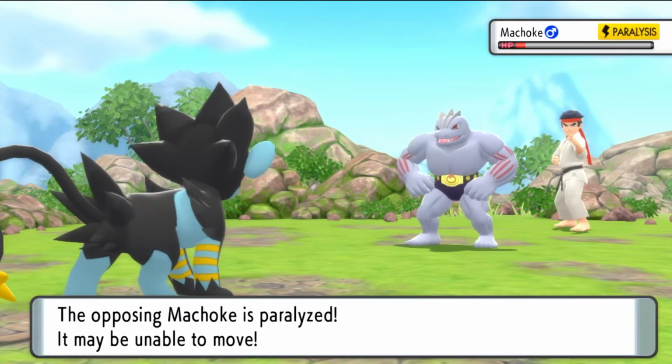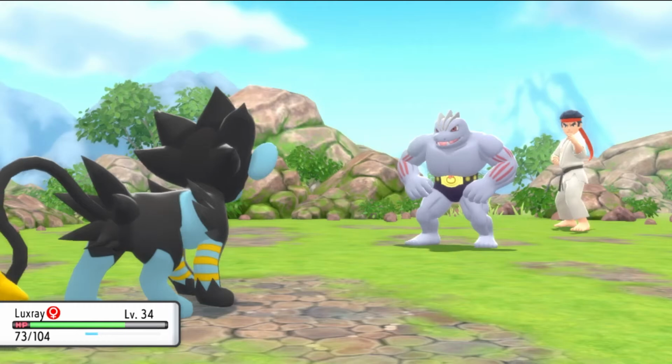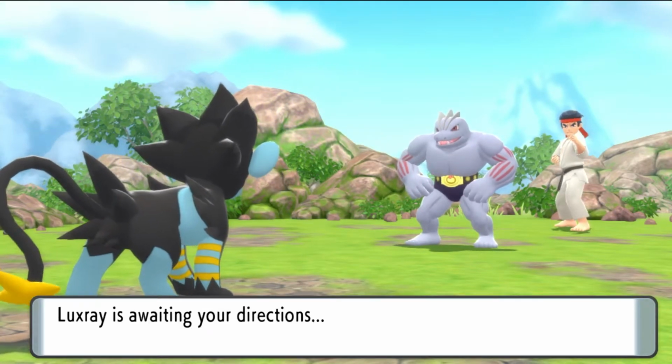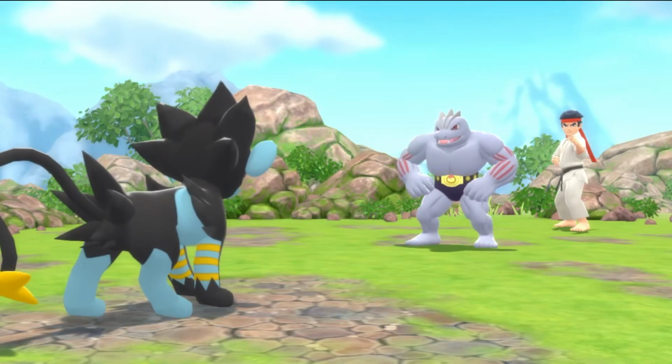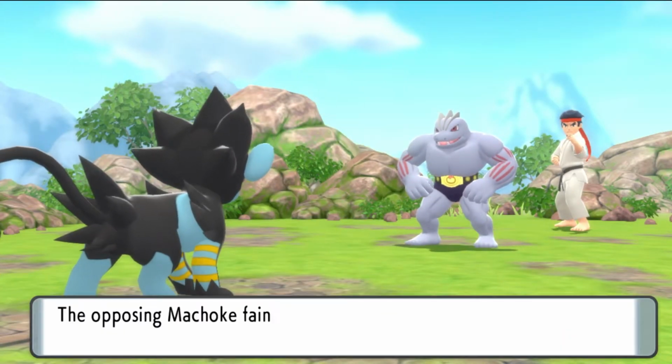Ooh, we got a paralysis. I'm gonna use Low Sweep regardless. Doesn't do a whole lot though. We should be able to KO with Spark. And I'm not sure what took the game so long to recognize the fact that I was trying to move, but...